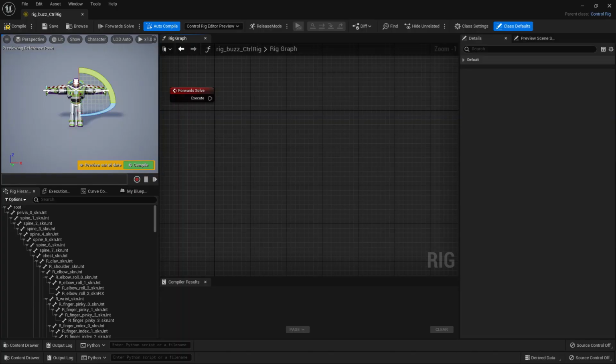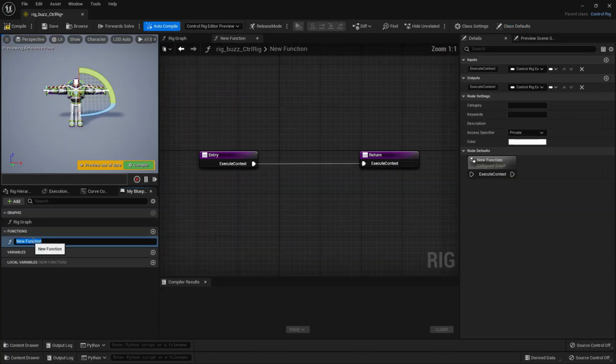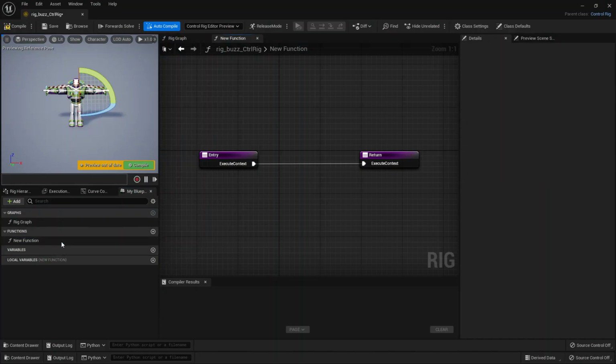So before we go into the actual rig, I just wanted to talk through the use of functions. In our control rig tab, if you go here in My Blueprints, you can have functions here. If you click on this plus sign, you create a new function. You can rename this. Let's say